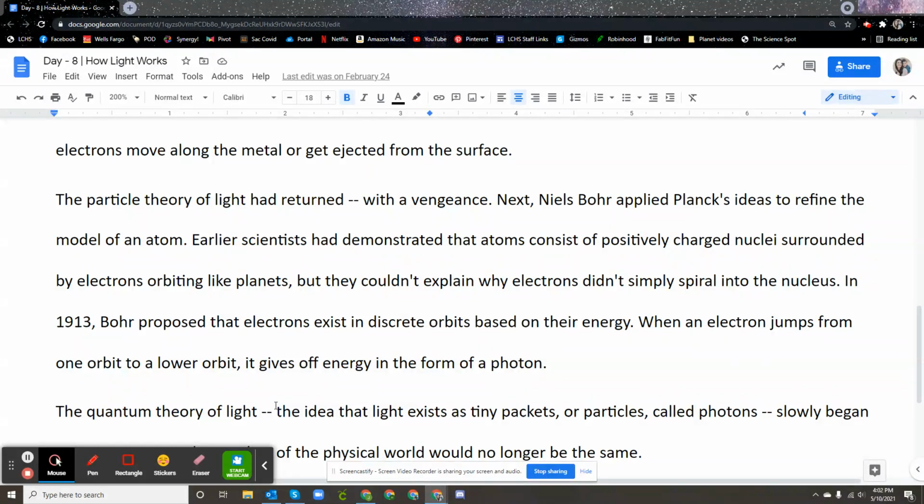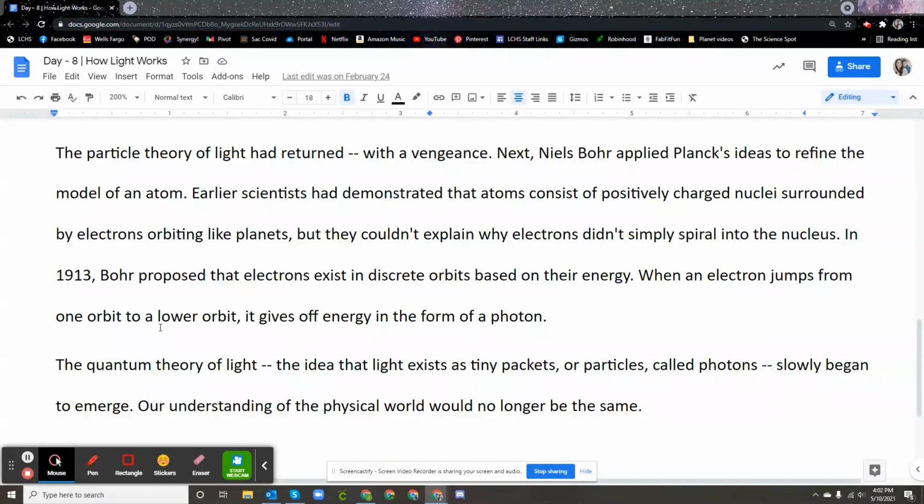Next, Niels Bohr applied Planck's idea to refine the model of an atom. Earlier scientists had demonstrated that atoms consist of positively charged nuclei surrounded by electrons orbiting like planets, but they couldn't explain why electrons didn't simply spiral into the nucleus. In 1913, Bohr proposed that electrons exist in discrete orbits based on their energy. When an electron jumps from one orbit to a lower orbit, it gives off energy in the form of a